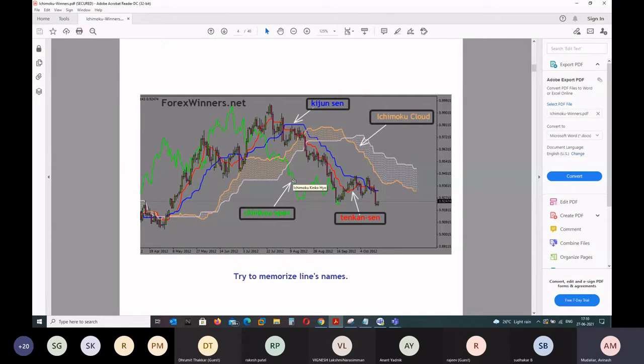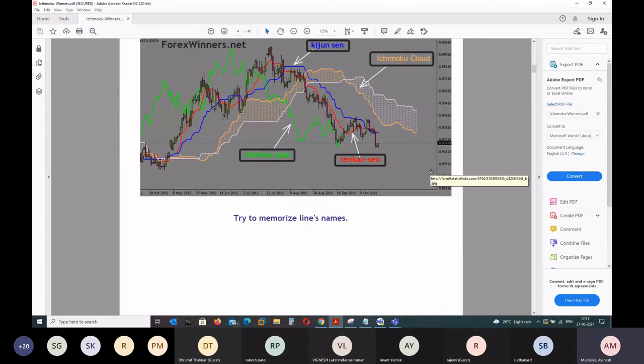You can use this because you get to know where to enter, where to exit, and where to trail the stock. Everything is there. You'll even know where the momentum is, when the stock will move, when it will not, and when it will go sideways. Everything you'll know just by looking for 1 second. If I look at this for 1 second, I can tell what's happening. I'll try to impart the same knowledge to you guys. If you keep practicing, you can be better. Just by looking at a chart for a few seconds, you can tell what exactly is going on.